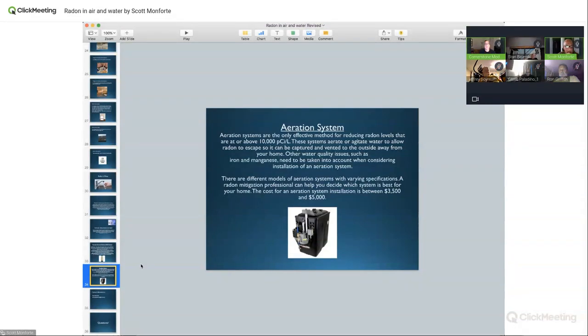We'll sum this one up, and I appreciate everybody. I could be here for another hour, but here's the thing: it's 10,000 to 1. So for every 10,000 picocuries in water, it's equivalent to 1 in air. The problem is it's not when you drink the water. There's really no documented cases of drinking elevated radon levels in water that can cause GI cancer.